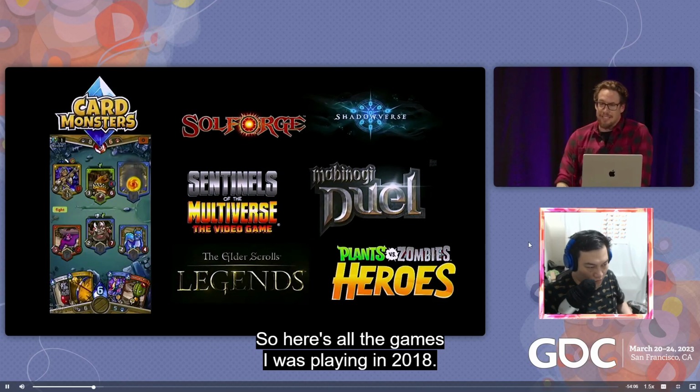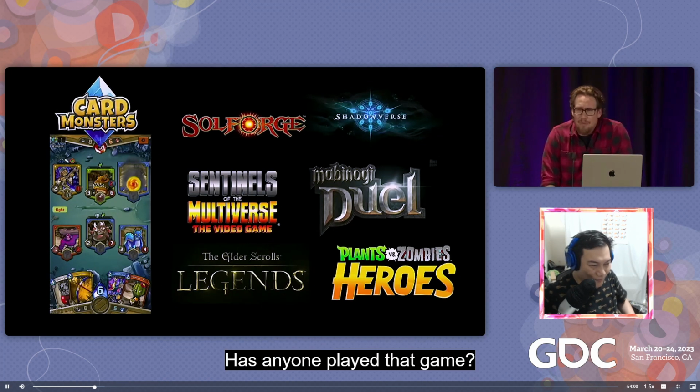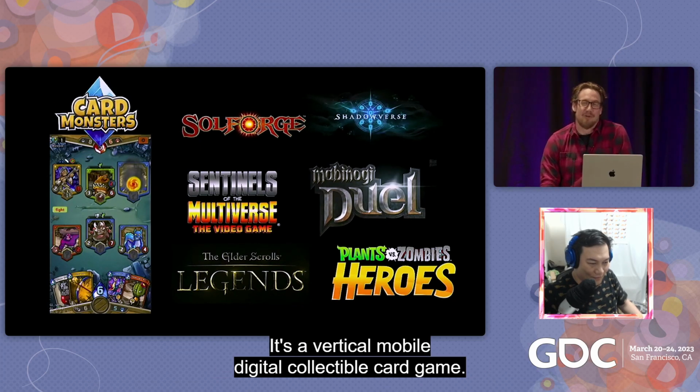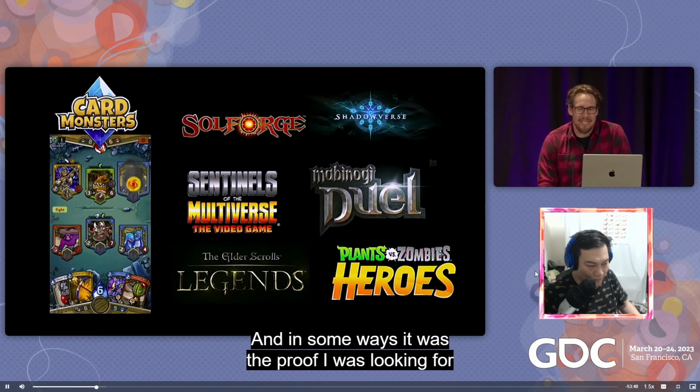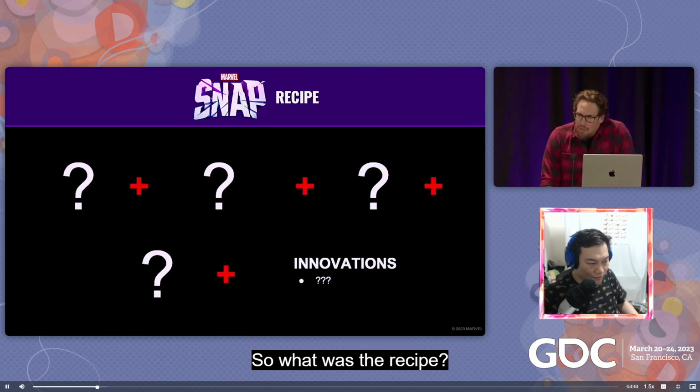So here's all the games I was playing in 2018. And that game on the left, Card Monsters 3-minute duels. 所以这个就是他2018年玩的所有的游戏。话说那时候其实我有在 MTGA 上面遇到 Ben Bro。It's really cool. Has anyone played that game? Oh my gosh, what up? I probably fought you on the ladder. So it's great. It's a vertical, mobile, digital, collectible card game. And in some ways, it was the proof I was looking for that there was something really cool in the space. 所以他可能就从这个游戏里面找到了一些灵感。你可以看到，其实这游戏界面设计跟那个 Marvel Snap 其实有一点点像。